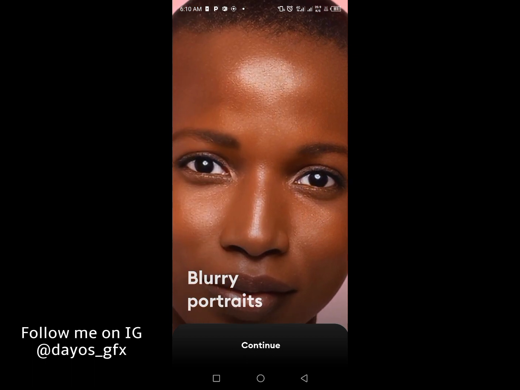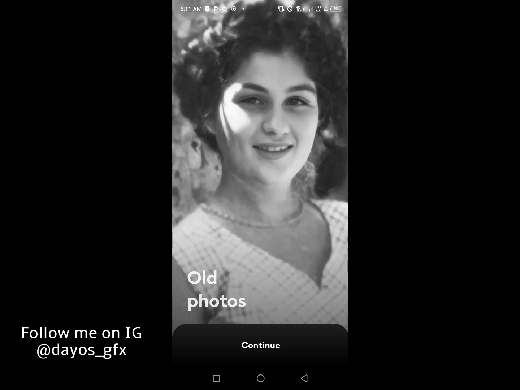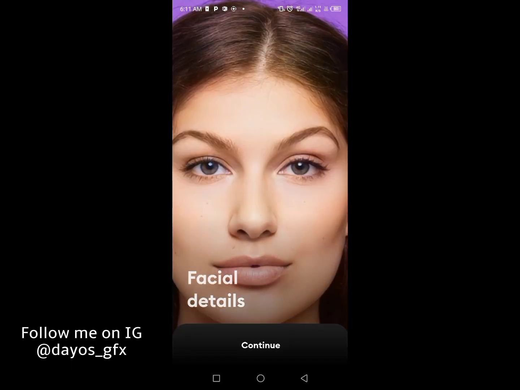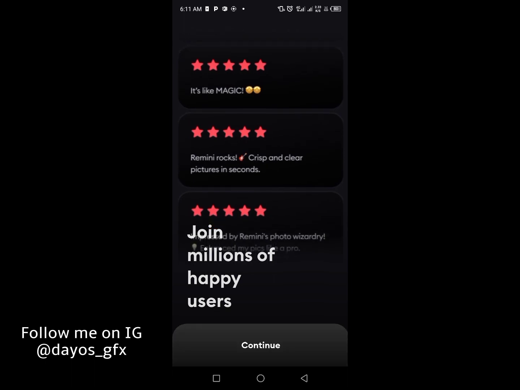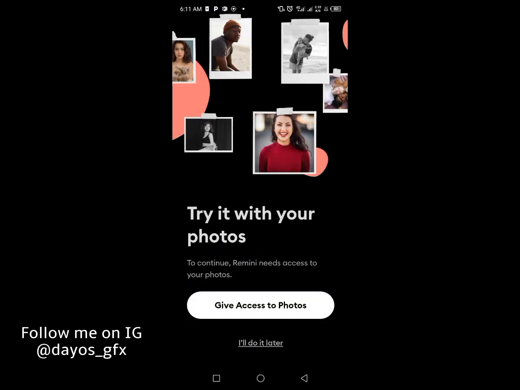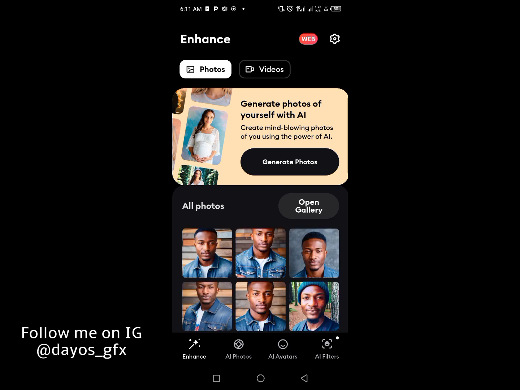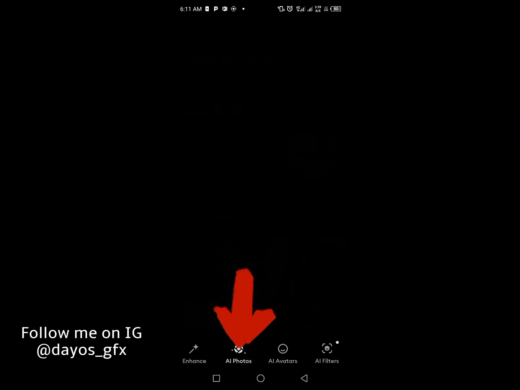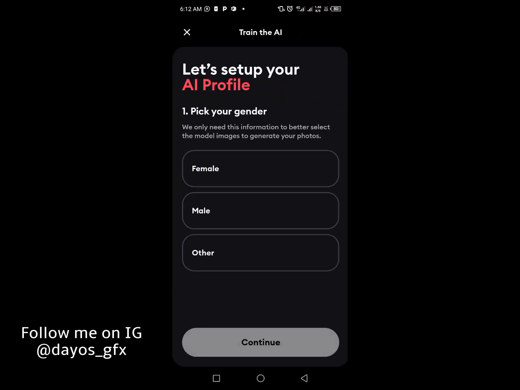Then you click on continue as well. So after you click on continue, it's going to pop up another one, just keep clicking on continue, then give access to the app, then allow the app to have access to your photos and all. Then the next thing you're going to be doing is you click on let's do it,